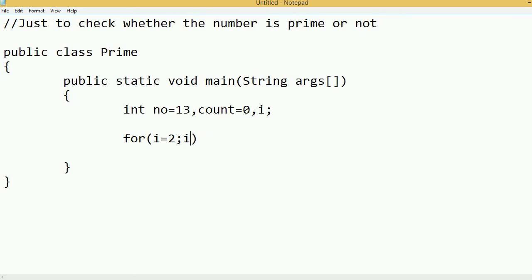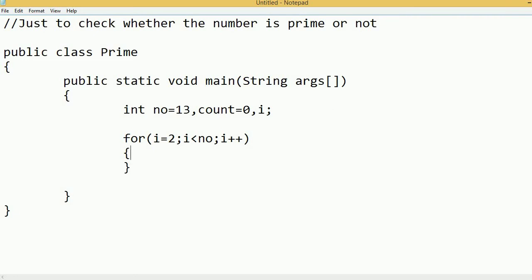Then the condition is i less than number, means i will be up to 12 only, a lower value than 13. So I will use 12. Now increment: I have to increment i: 2, 3, 4, 5, 6. I will divide 13 with 2, then 3, then 4, then 5 up to 12.